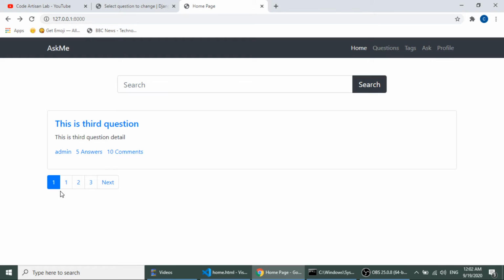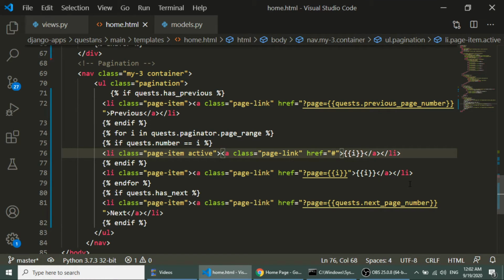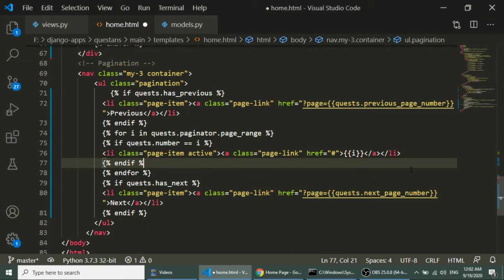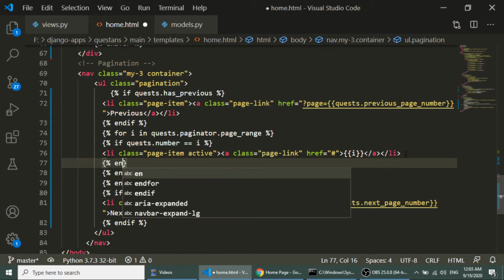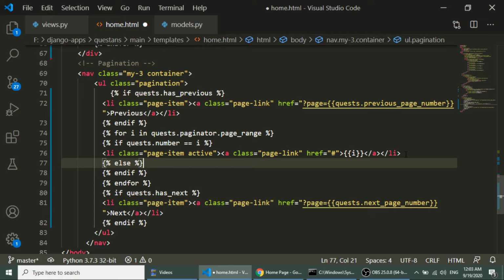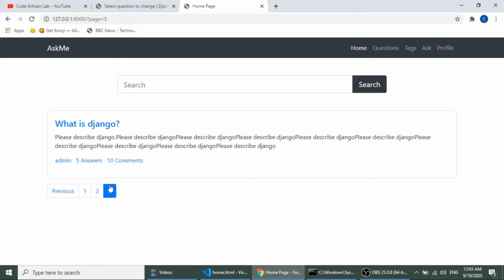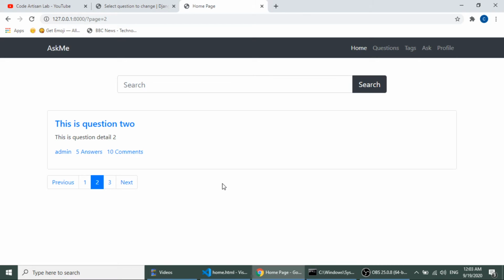Here you can see we have one, and we need to add this in the else section. If this is not active, then else it will be the not active class. So if I go to the 2, then this is the second question, and now the previous link is activated. If I go to the third, then it is showing the previous, but next is hidden because we do not have any next link. So our pagination is working now.